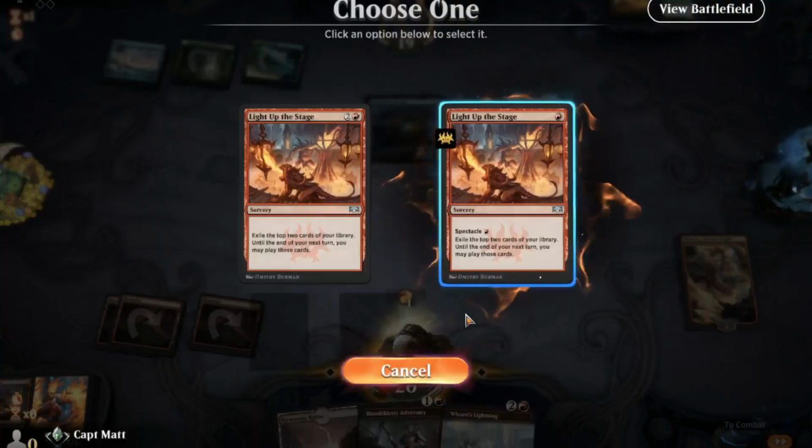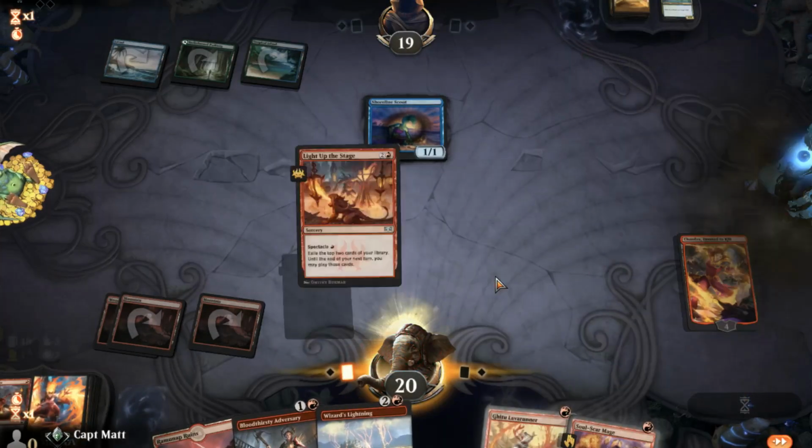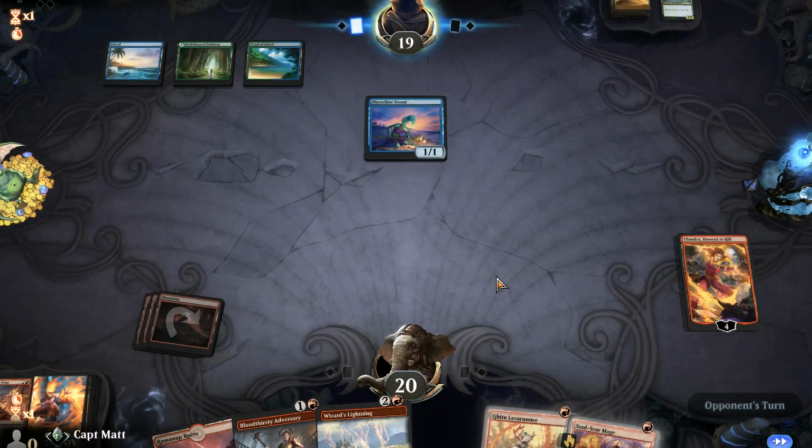I guess we're going to go ahead and play Light Up the Stage. We can't play anything this turn. But hey, we hit 2 creatures. We hit 2 spells. 2 spells for next turn. That's very powerful. They're both wizards, so that will help turn on